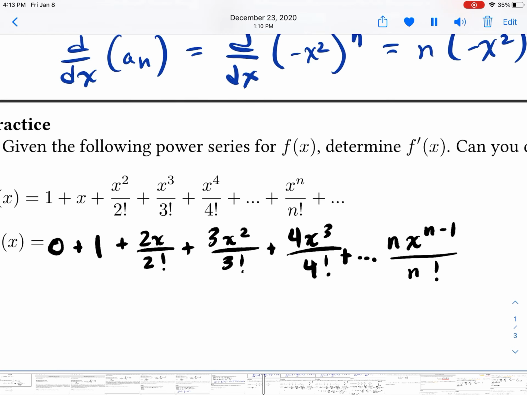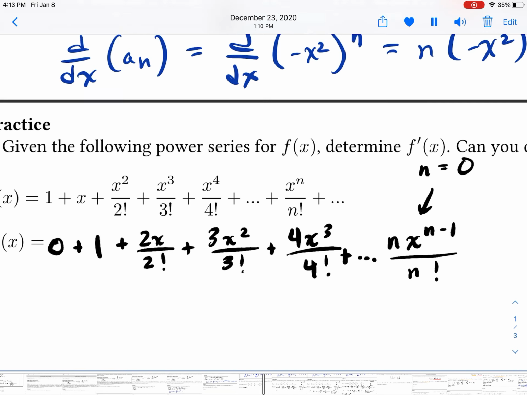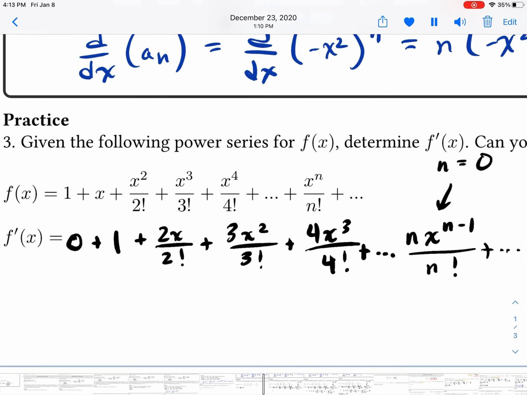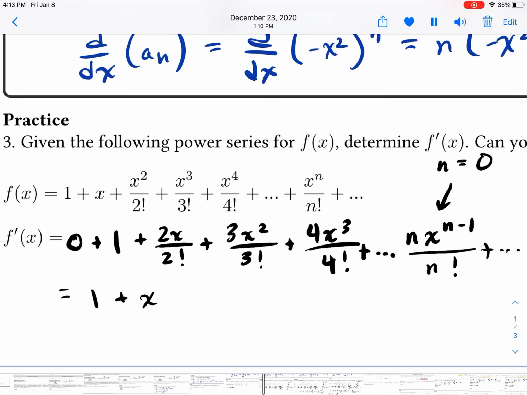And just compare our general term to what's going on in our series, just to make sure it works. Should note that this is if n is equal to 0. We're starting with n equal to 0, and this series is just going to continue there. All right, so we've just come up with our series for our derivative. It may not be super clear to us right now, so let me go ahead and simplify this. This is going to give us 1 plus, we've got 2x over 2 factorial becomes x, plus x squared